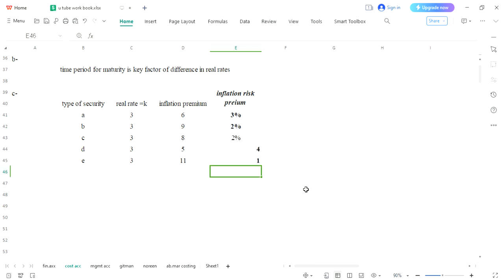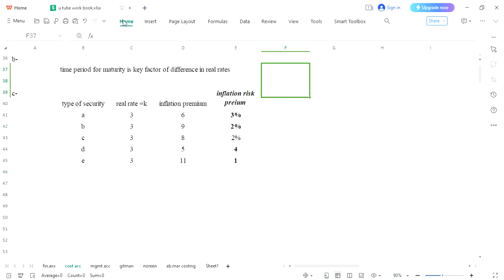32241. So percentage I was not writing, but Excel has taken it as percentage, but we will have to perform this function manually. Over here you need to calculate your risk. You will have to calculate